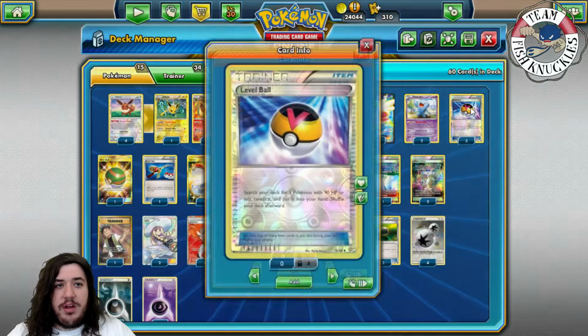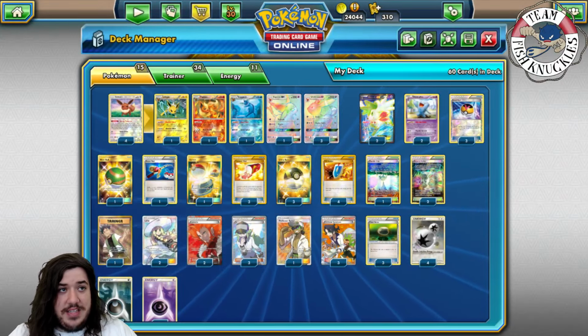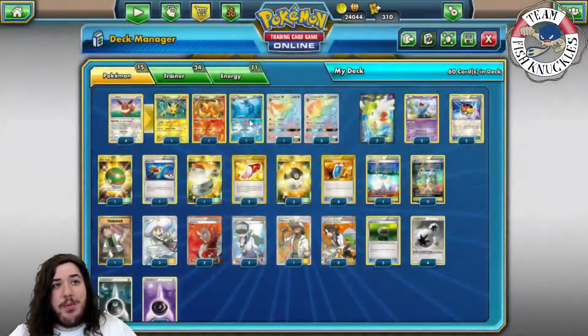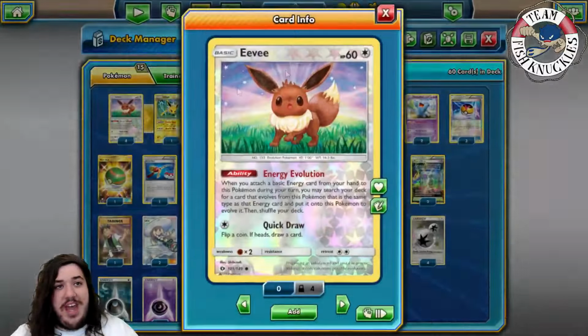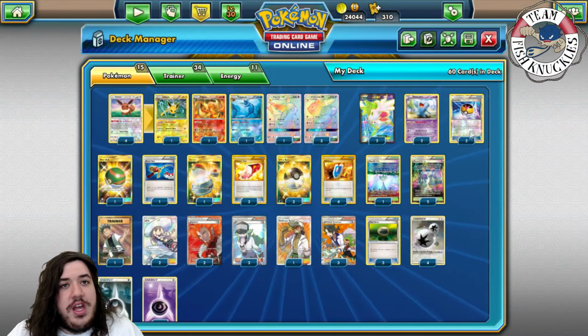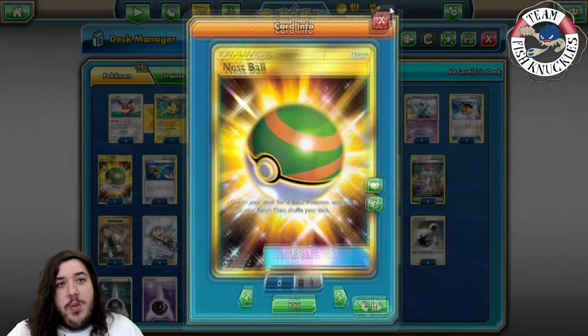Alright, so 3 Level Ball, search deck for Pokemon with 90 HP or less, which can grab you the Eevee lines and the Eevee, because Jolteon, Flareon, and Vaporeon all have 90 HP. Eevee has 60, and you want to try to get as many Eevees as you can down turn 1. So 3 Love Ball, 1 Nest Ball to put a base Pokemon onto your bench, which can get you Wobbuffet